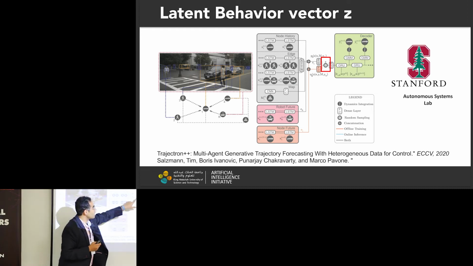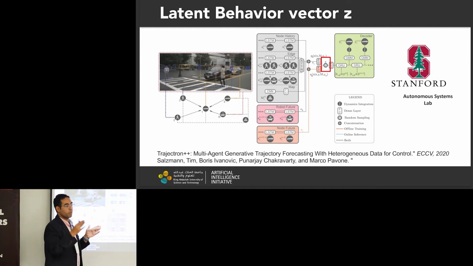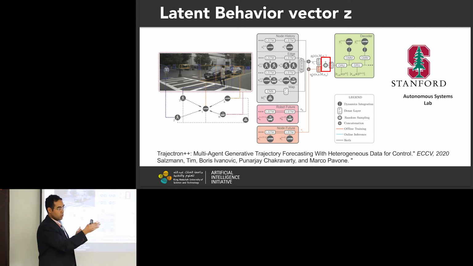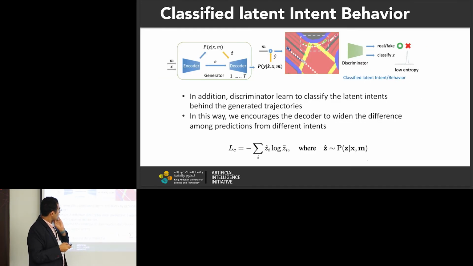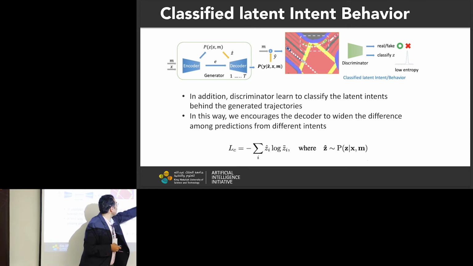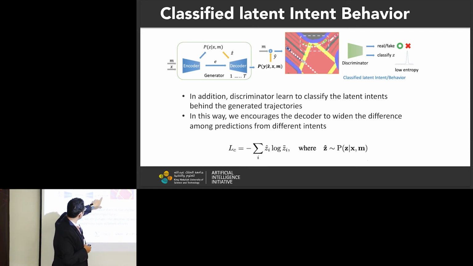And the Z here represents the multiple possible futures, and it is represented by a discrete latent variable, where let's say class 1 is go right, class 2 go straight, class 3 turn left, go right first lane, go right left lane. You don't explicitly name them, but you have a discrete latent variable that hopefully will learn these latent classes. What we did is that we added a discriminator that makes the model capable of predicting which latent class is used to predict the future trajectory.